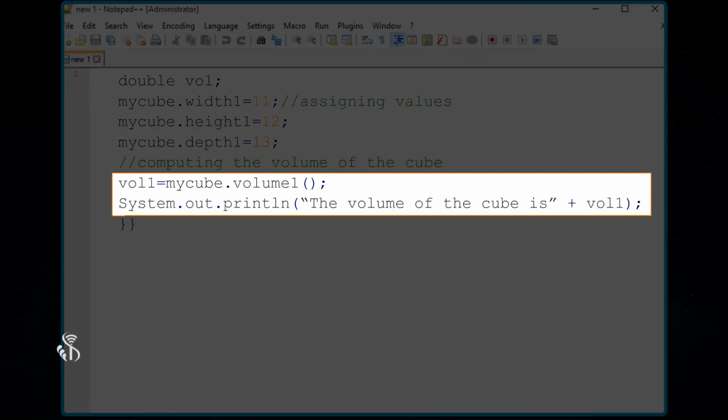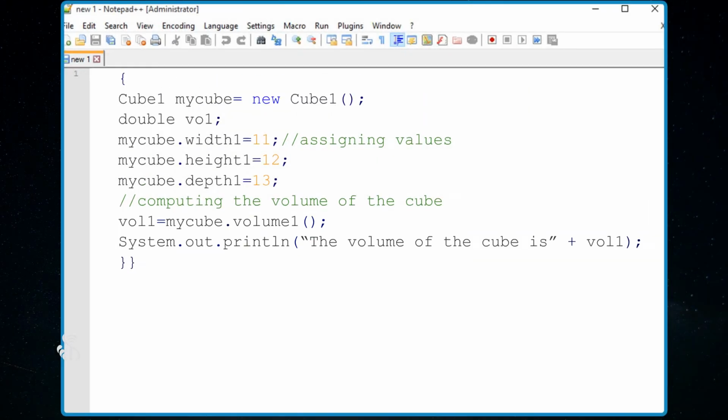Here you call the method volume1 and return the value to the variable volume1.